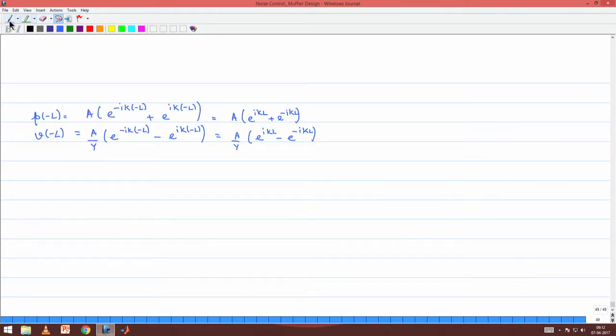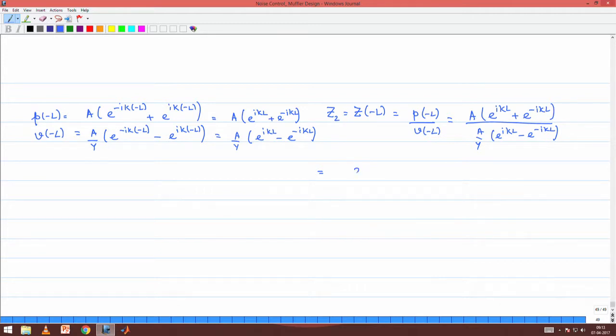so using these two relations we could write the impedance at the point of interest. So, Z at minus L, which is basically Z2, has got to be P at minus L divided by V at minus L. So, that should read as A times e to the power i k L plus e to the power minus i k L divided by A by Y times e to the power i k L minus e to the power minus i k L. And then we could simplify this further. The numerator could be written as 2 cos k L and the denominator could be written as 2 i sin k L,